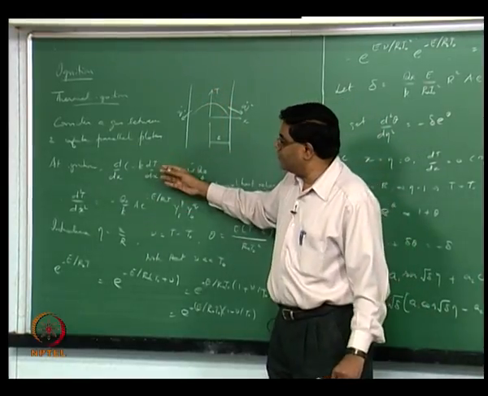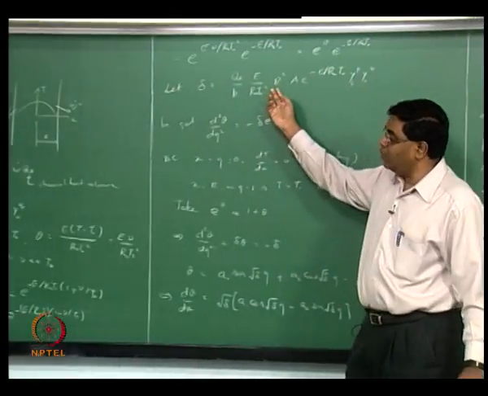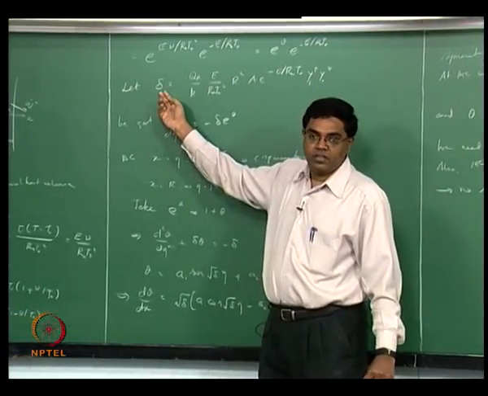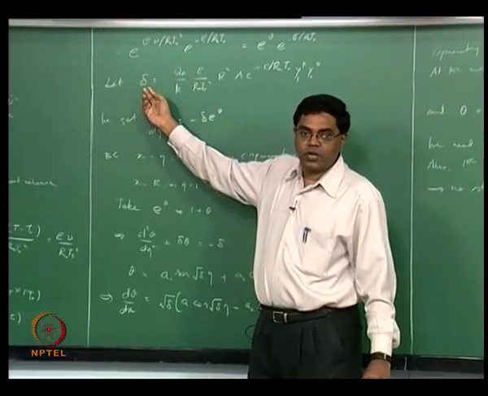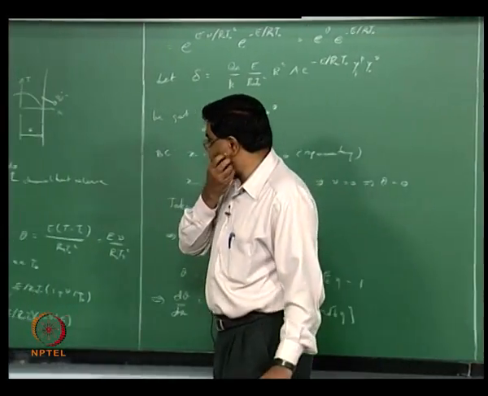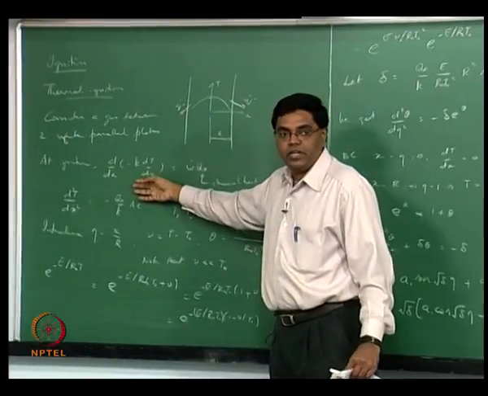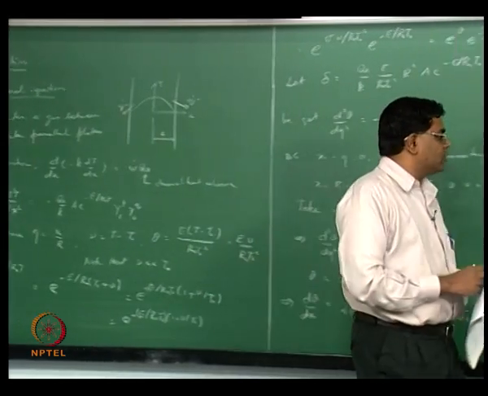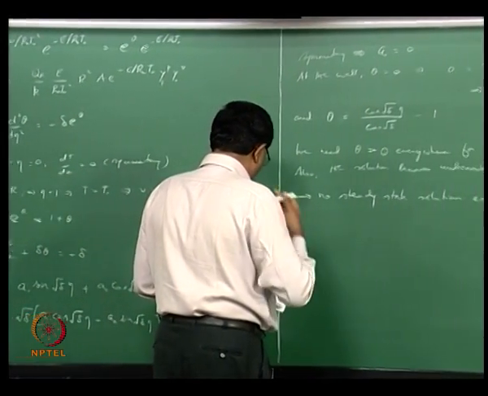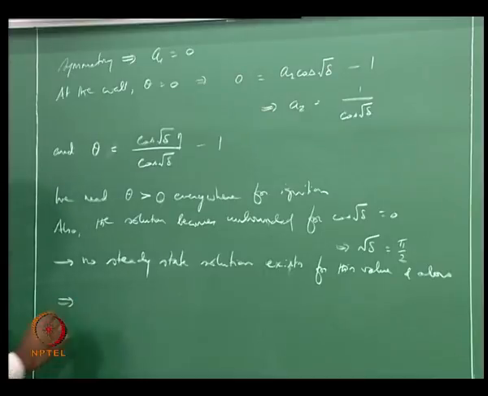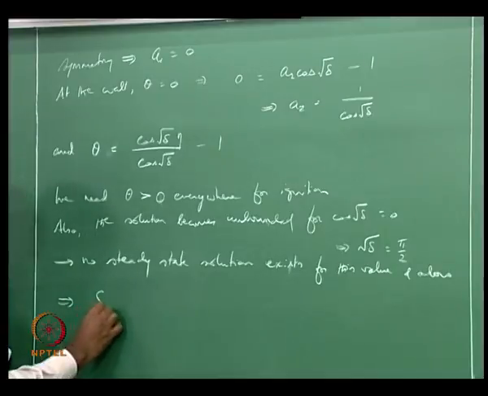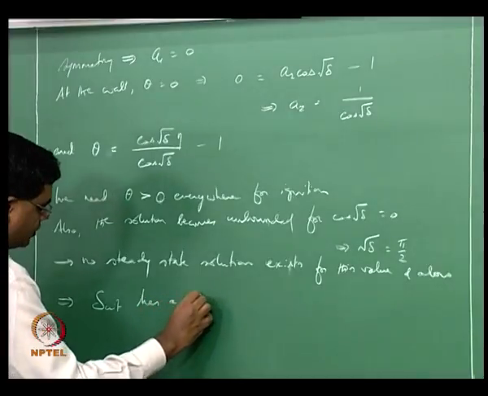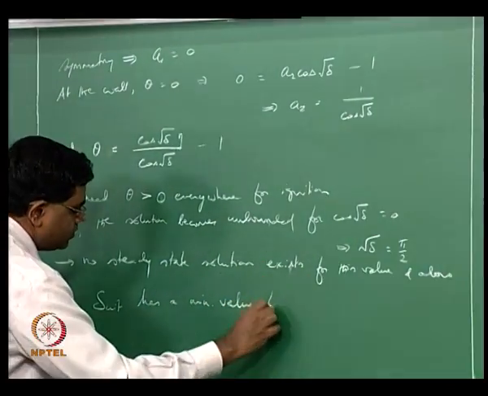Below the critical value of capital R, and correspondingly less than the critical value of delta, you are going to have the heat loss greater than the chemical reaction, therefore ignition won't happen, right. Therefore what we are basically looking for is, this implies that delta critical has a minimum value for ignition,